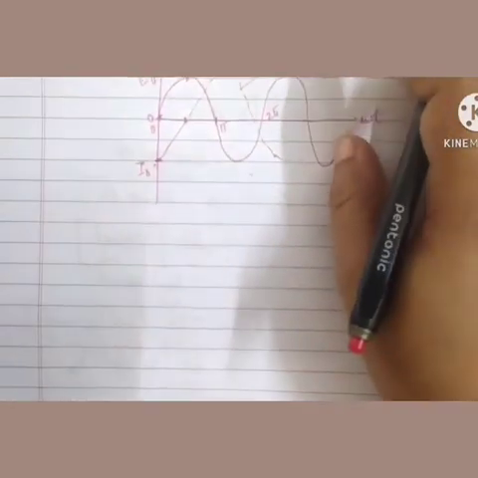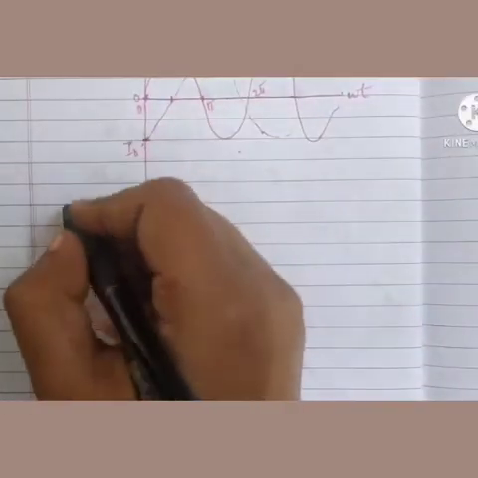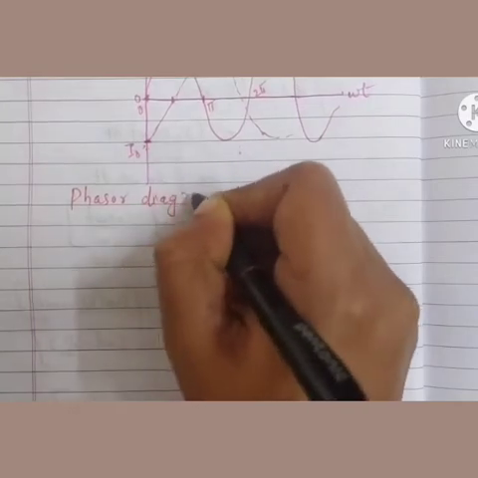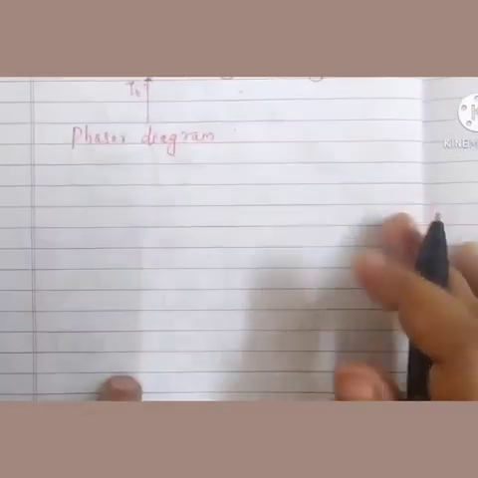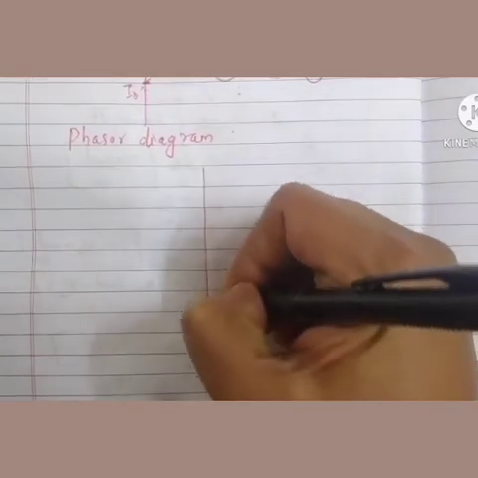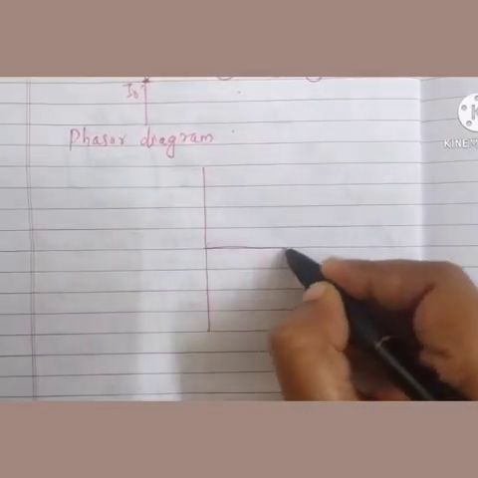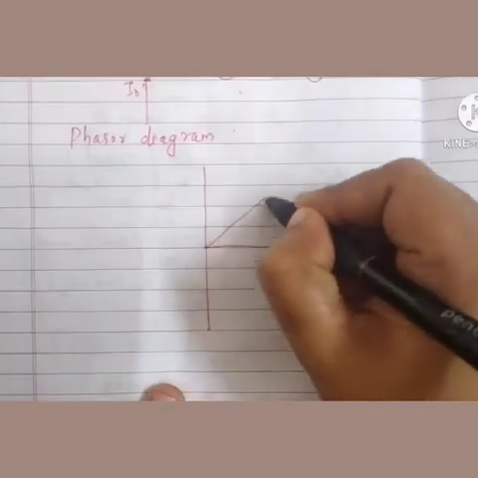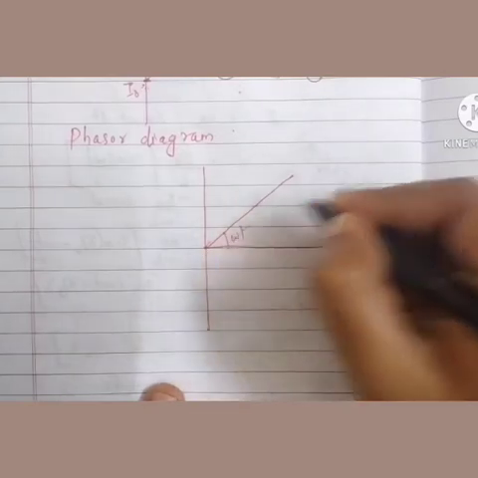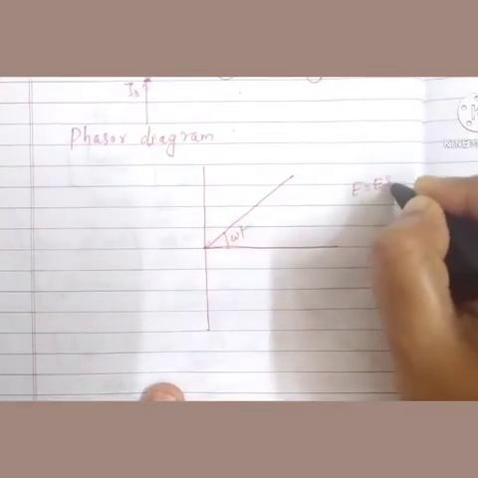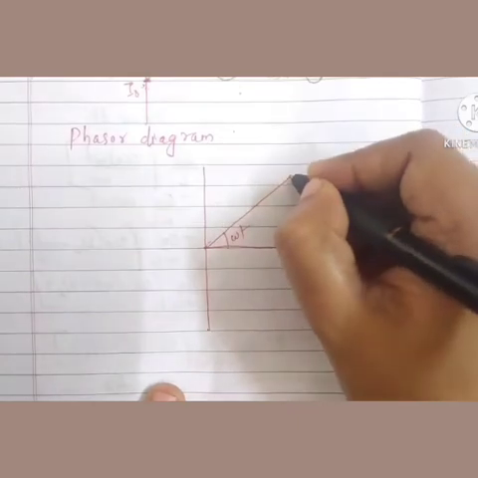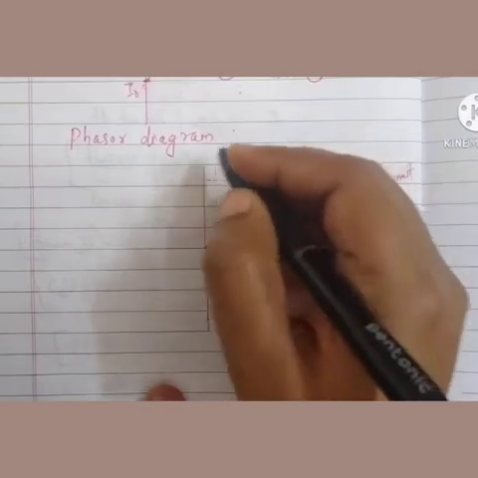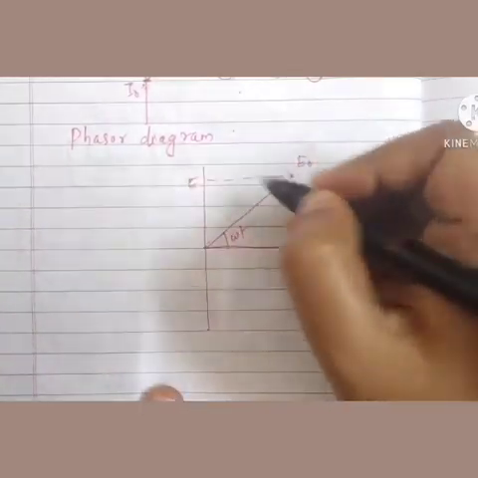Okay. Now the last part of this section is to draw the phasor diagram. How to draw a phasor diagram? Listen carefully. You can draw the axis like this. Now first of all, you can represent E here, which makes an angle omega t, because E is equal to E0 sine omega t. This is E naught, and the projection will give you E.